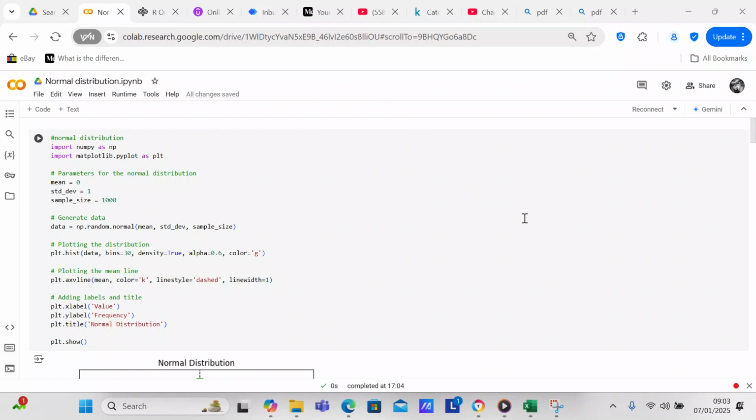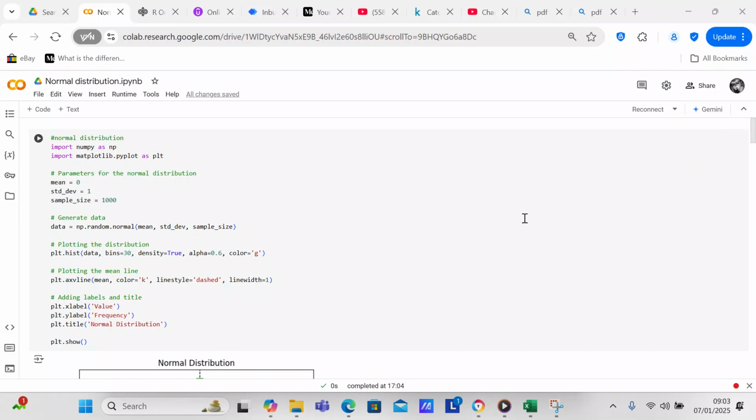The normal distribution is called a bell curve or a Gaussian distribution, and it's perhaps one of the most common distributions in use. It's perhaps the first distribution that you will learn about when you're studying distributions. So in order to create a normal distribution in Python, the first thing we have to do is